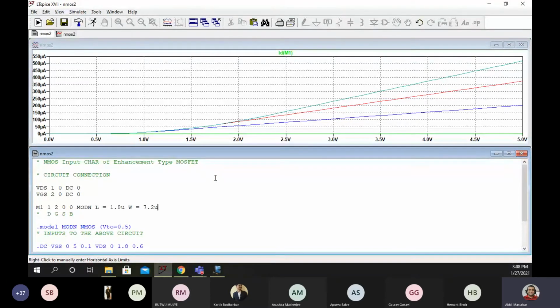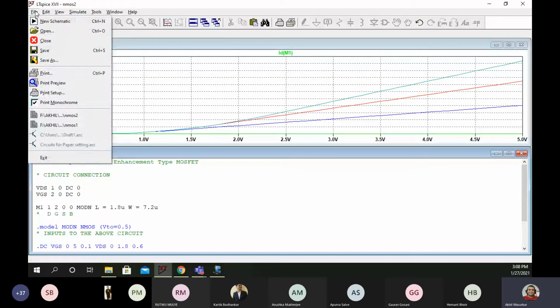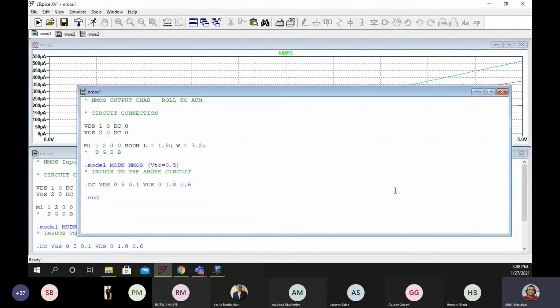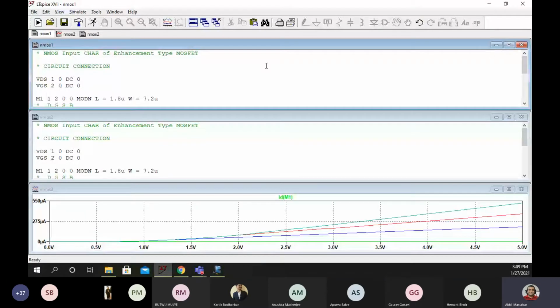Now we will plot the output characteristics of enhancement type MOSFET.